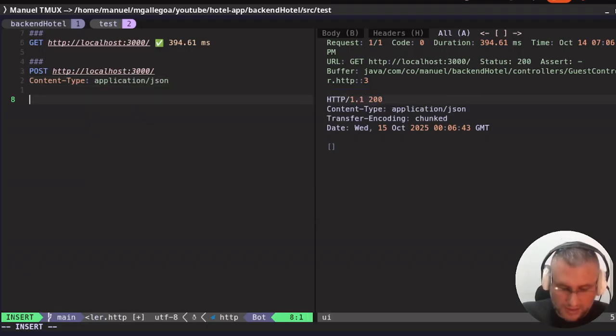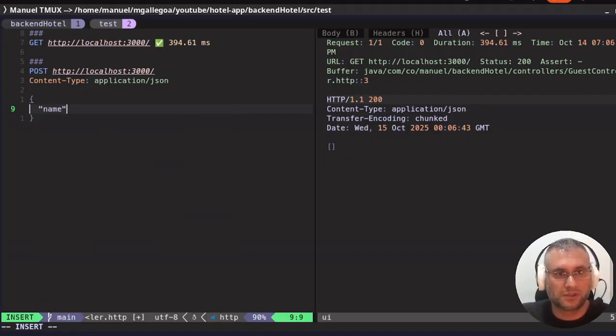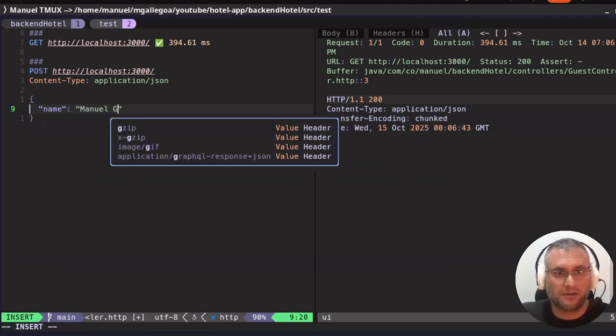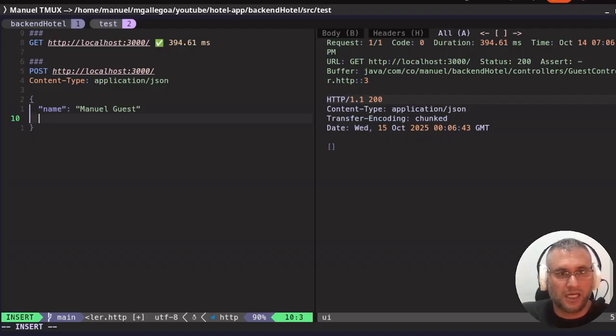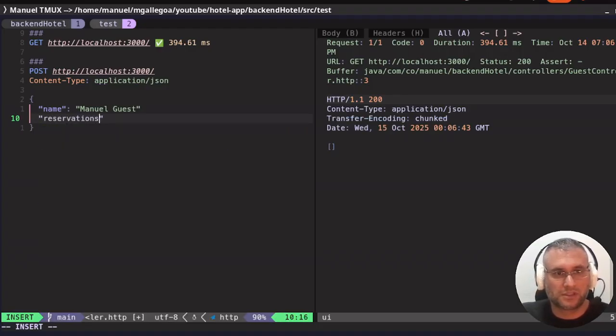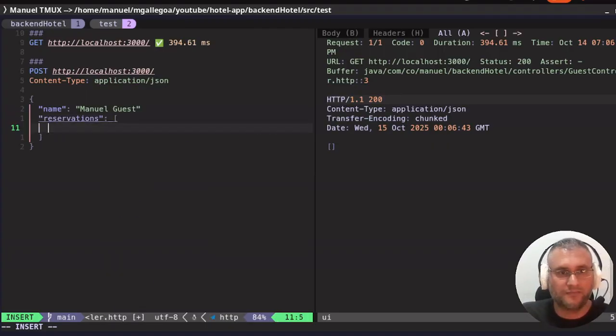Okay, and the object that I'm going to create is the name Manuel guest, and the reservation is an array of